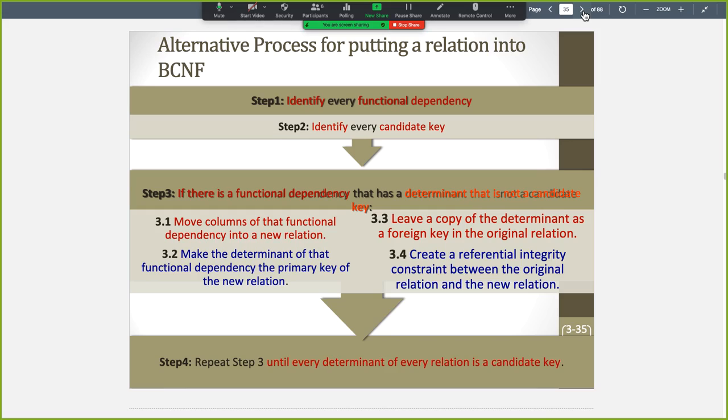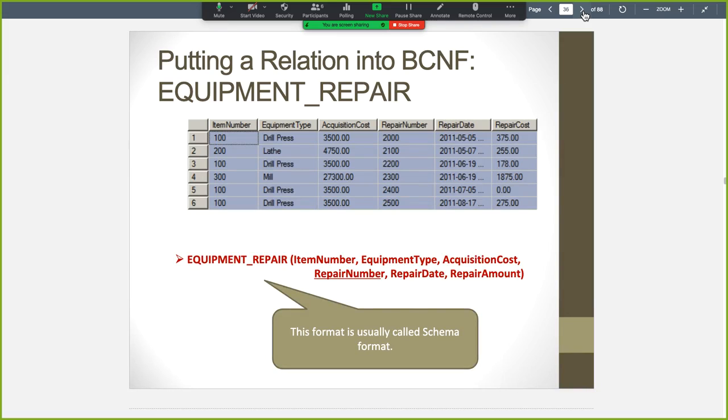This is another process that you can go through, and I'll encourage you to read this and think about it a little bit more by yourself to understand this better. Of course, when you have more time and very quiet time, you can focus and concentrate and think about how to do this. But in practice, let's take a look at how this is done in a typical database design